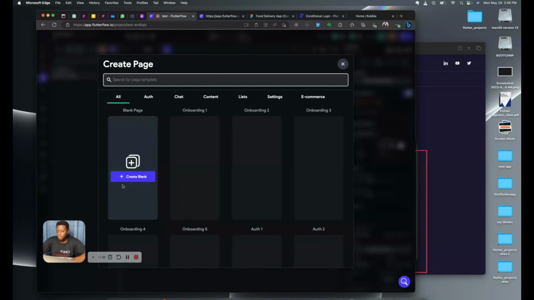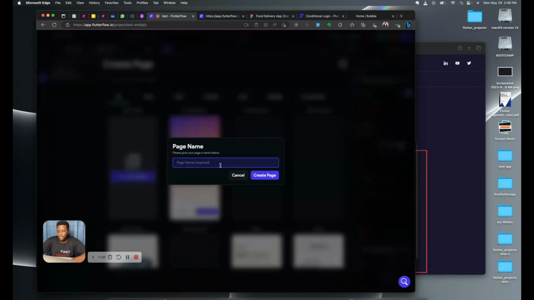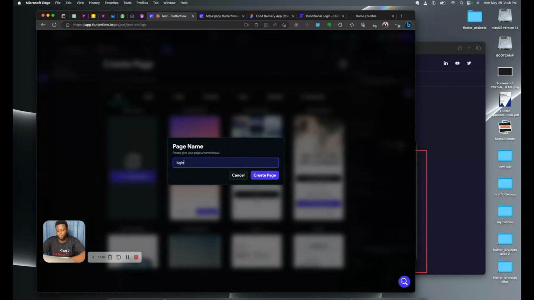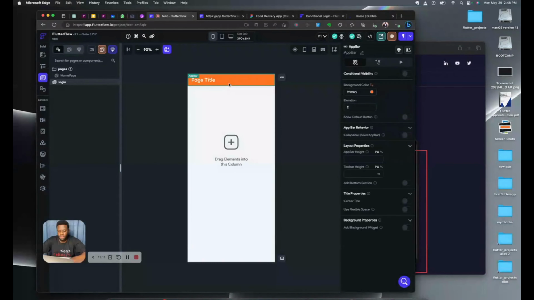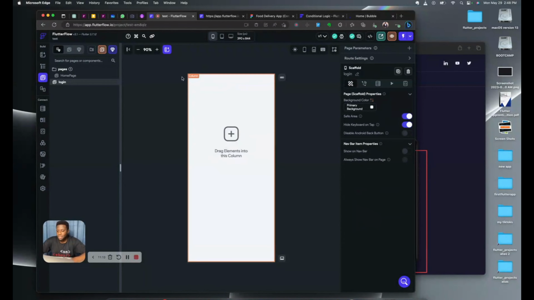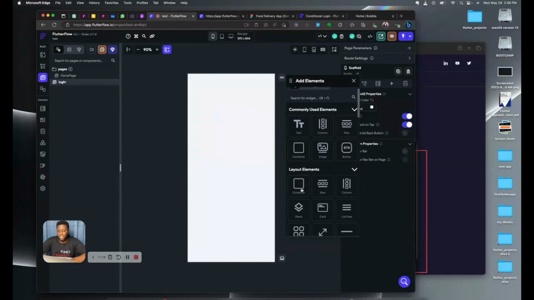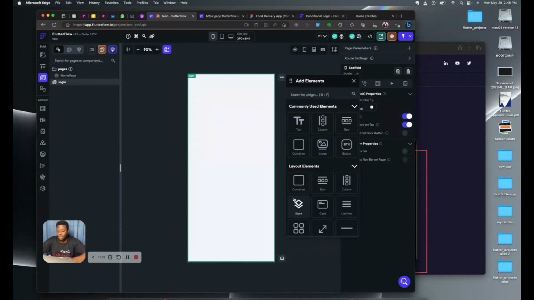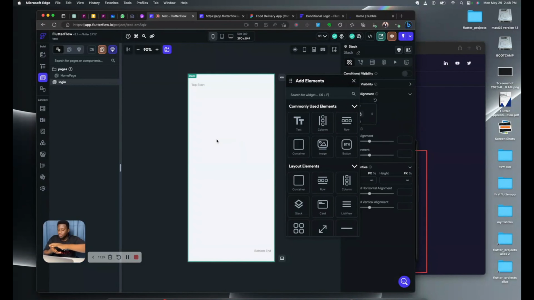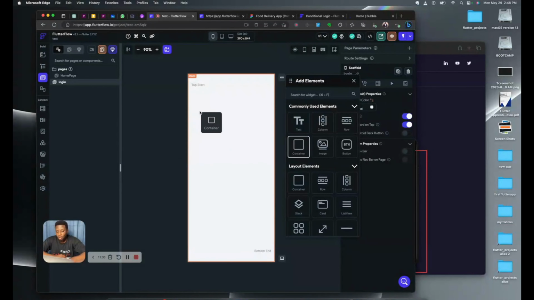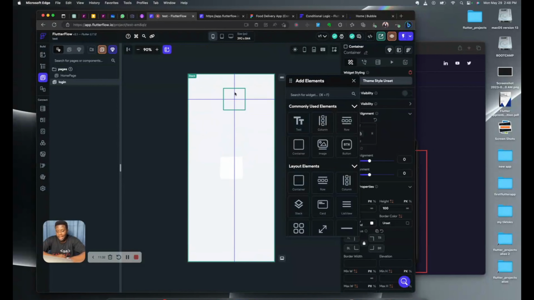That page is going to be login. Let me delete this. So the way I built it out was that I made the page blank. I started with what you call a stack widget, and a stack widget is a parent widget that allows you to stack two elements on top of each other, and you can study more about it in the FlutterFlow documentation, right? But first thing I did was I dragged a container,